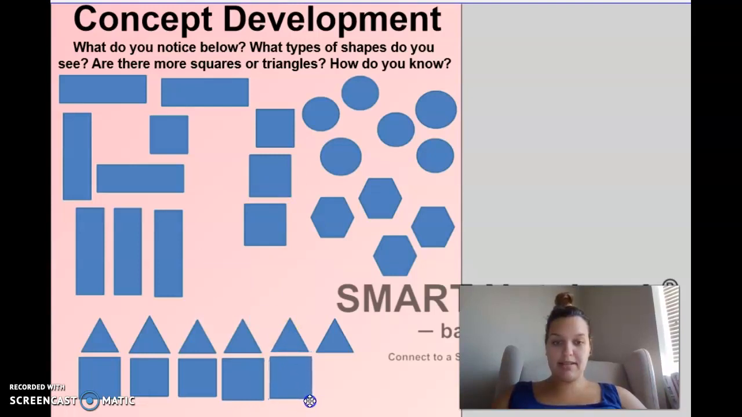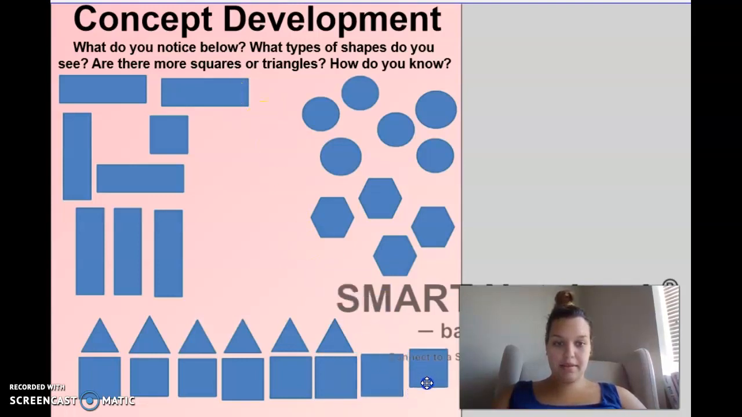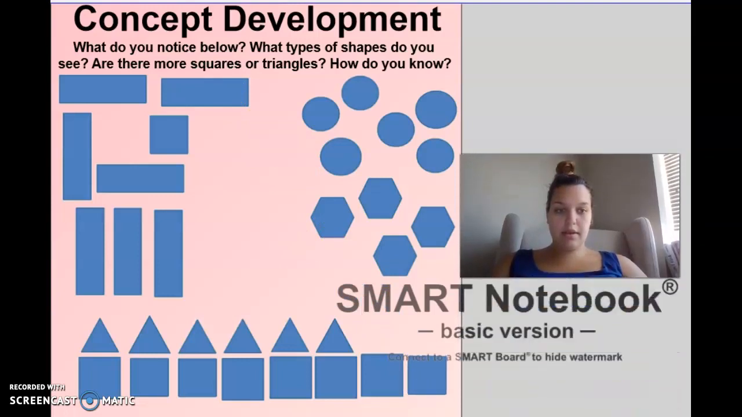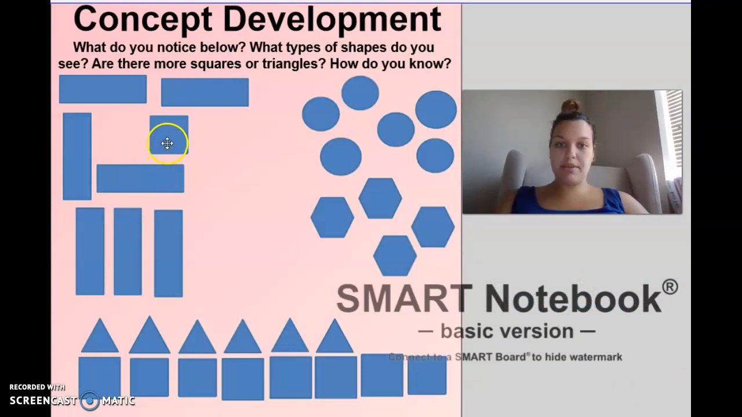One slid away from us. It keeps sliding away. I'm going to move my webcam up here so you can see all our squares. Okay,